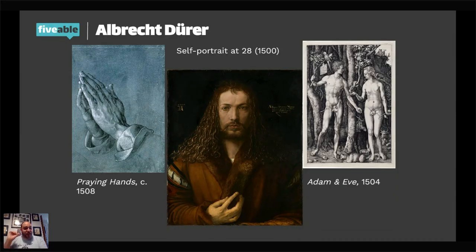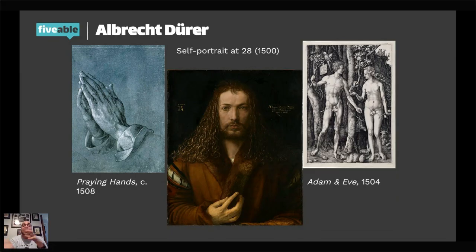On the left here, we've got an ink and paper drawing that was done by him of praying hands. And again, I cannot highlight enough the minute detail that is used by the Northern Renaissance artists. He has got the little cracks that we have in our knuckles here. He's got the veins that are popping out on the hands, the different lines that you have from the side perspective. It's so much attention to detail. With the Italian Renaissance, they would have focused on the whole body. They wouldn't have really just focused on the hands. But Albrecht Dürer really wanted to focus on what it would have looked like for prayer.